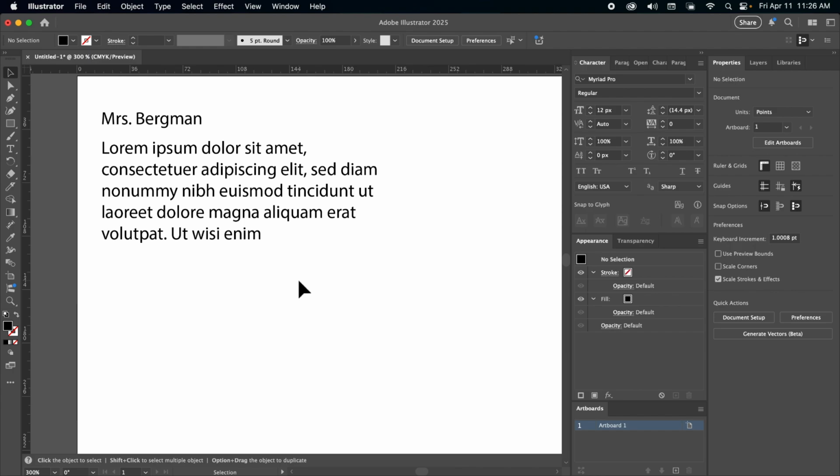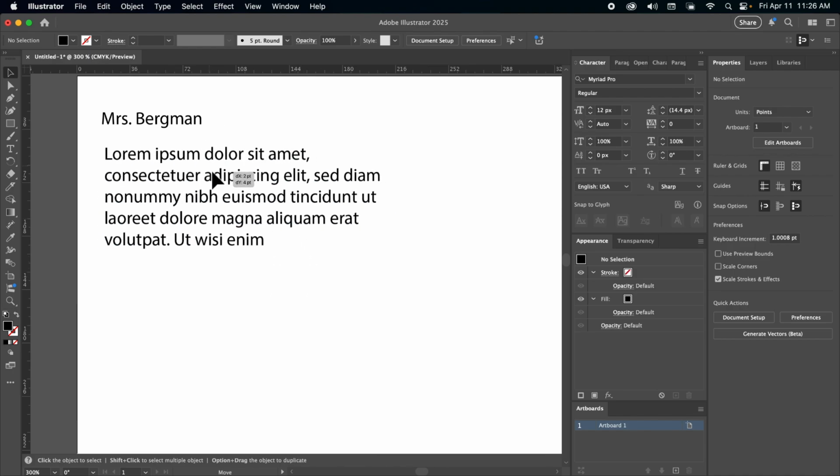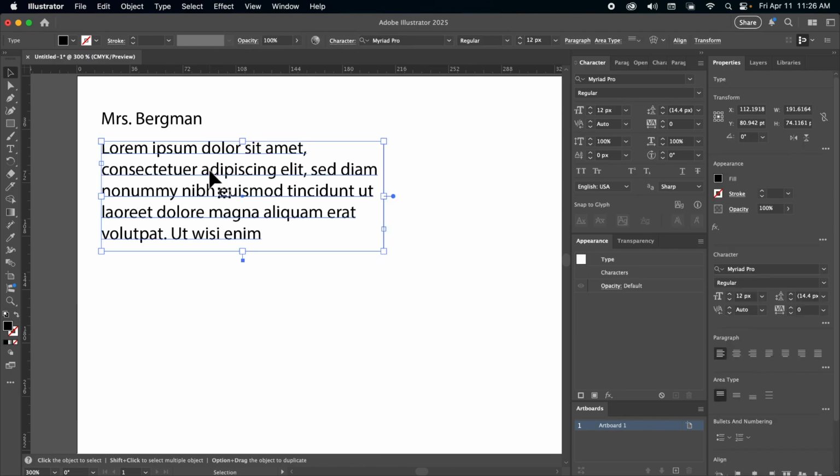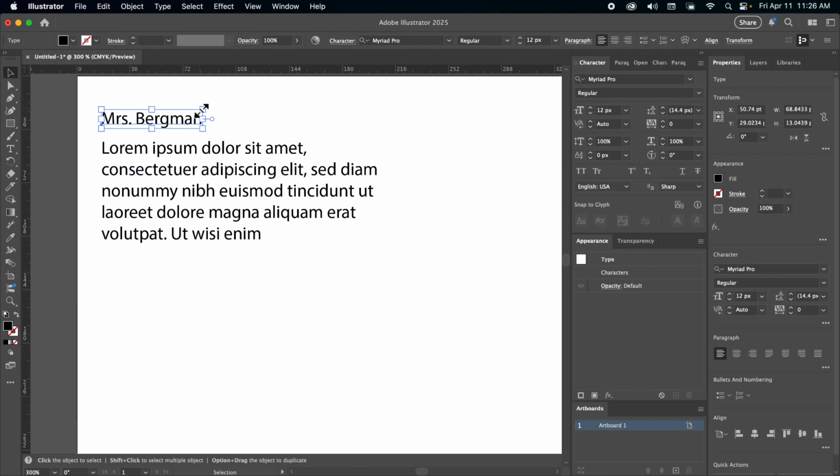So you just need to leave a box of lorem ipsum text. Don't care how much. And that's going to be it for step 4. So you're just basically leaving a nonsense paragraph there. Again, you can change the fonts, you can change the size, you can do all that good stuff, whatever you like.